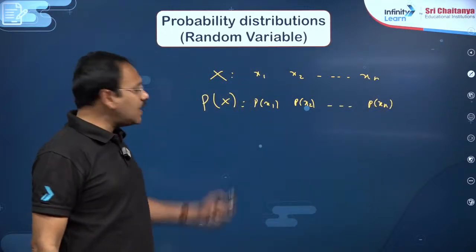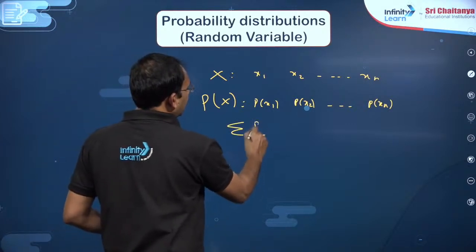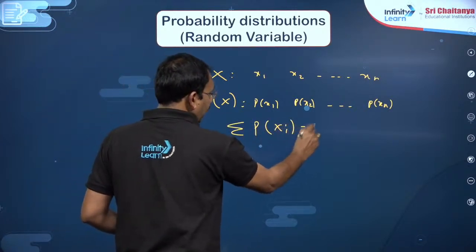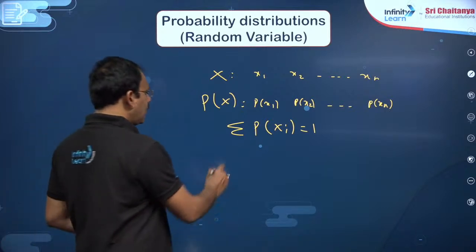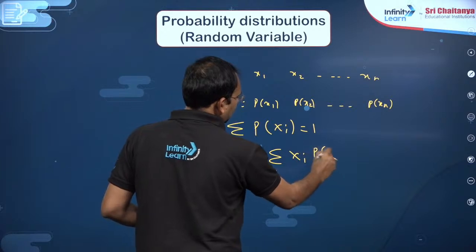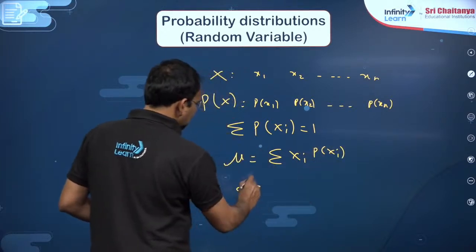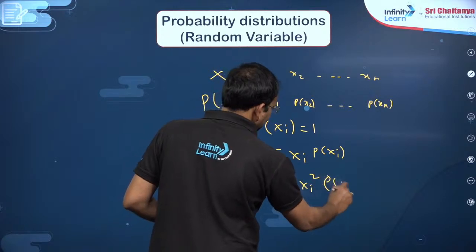Now, dear students, each probability must be greater than or equal to 0. Sum of all p of xi must be 1. That is first point. This is called probability distribution, and the mean mu is equal to sigma xi p of xi, and variance sigma square is sigma xi square p of xi